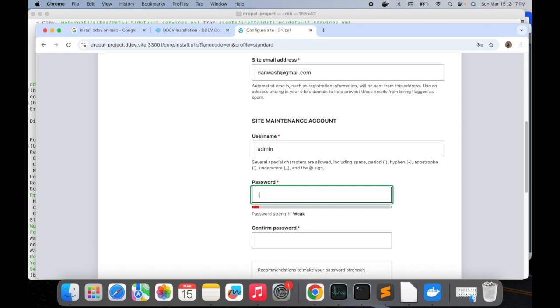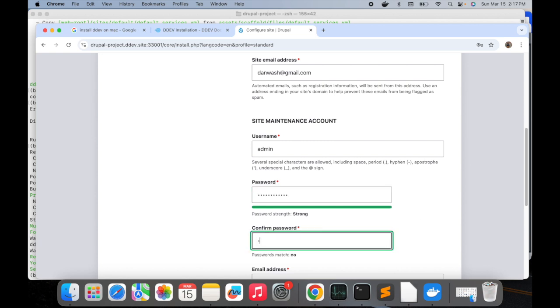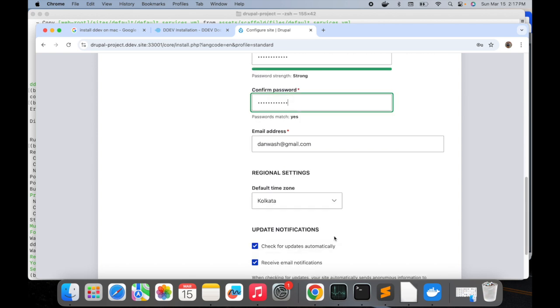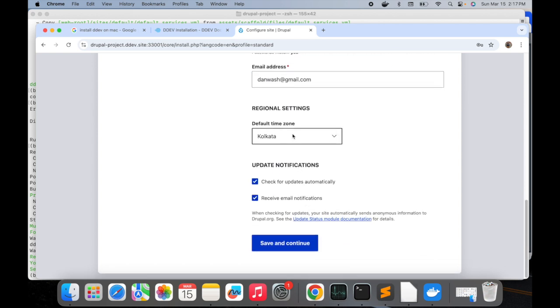So I'll type a strong password. You can change the default time zone also. I'll keep it as it is. Receive email notifications, you don't have to. If you want, you can just click it, and I'll just complete the